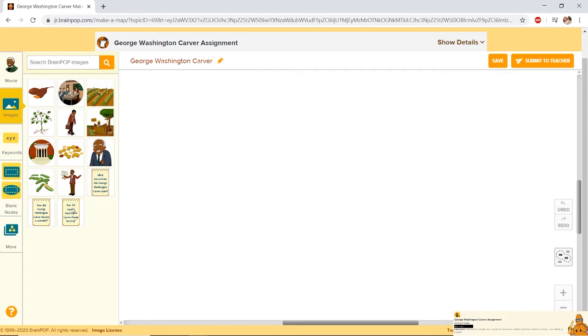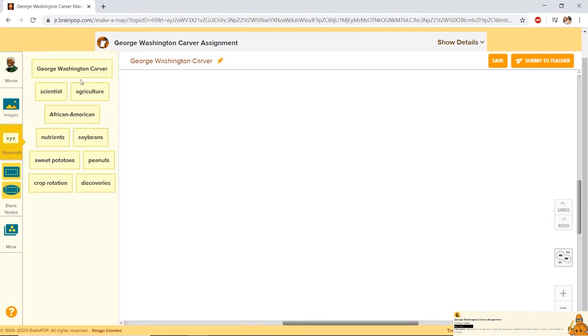Okay, and then next thing you have on this little panel right here, you have your images. Okay, and these are good enough for you to write your story. Then you have some keywords you may want to write. They're important. You can just label them. We'll talk about that later. Then this is for you to create your own